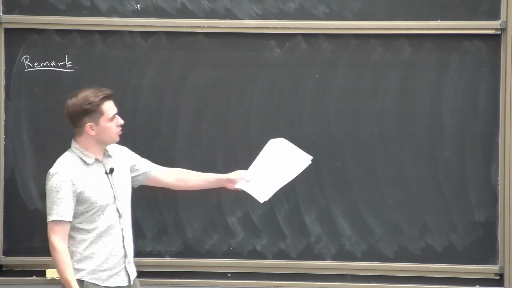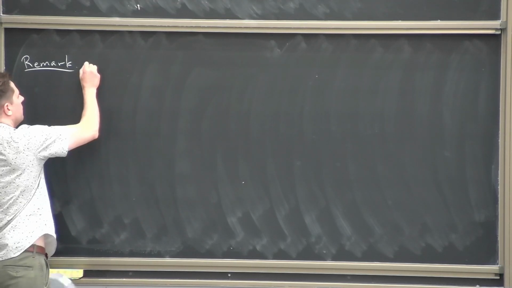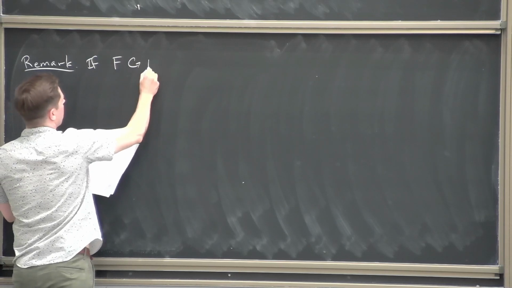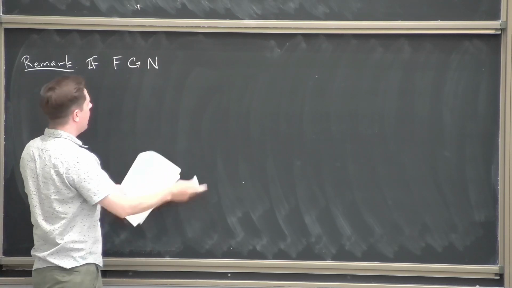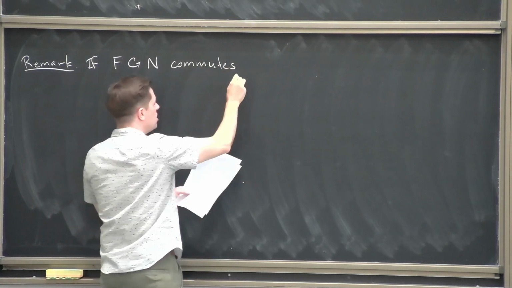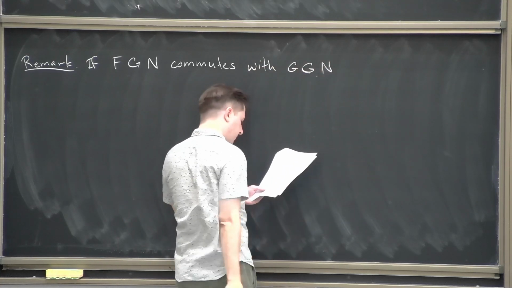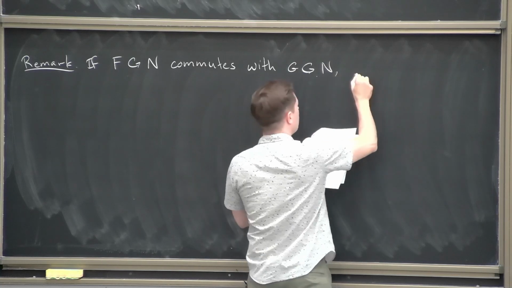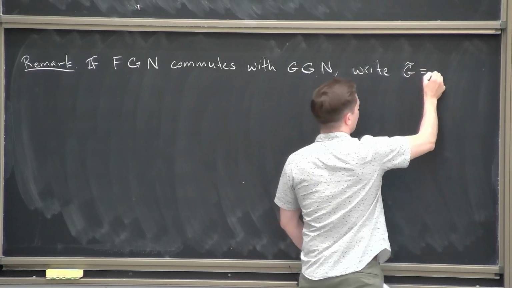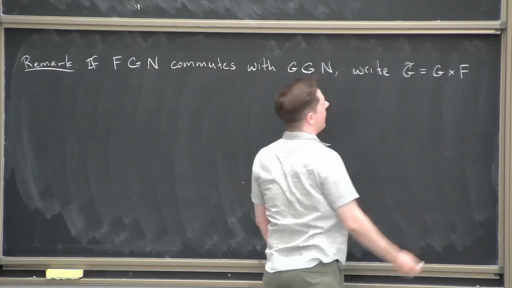So we have this group G on the one hand, and let's suppose that we have another algebraic group F acting on this representation N. So we have an action of F on N, and if that commutes with the G action, then we will write G tilde for the product of G and F,